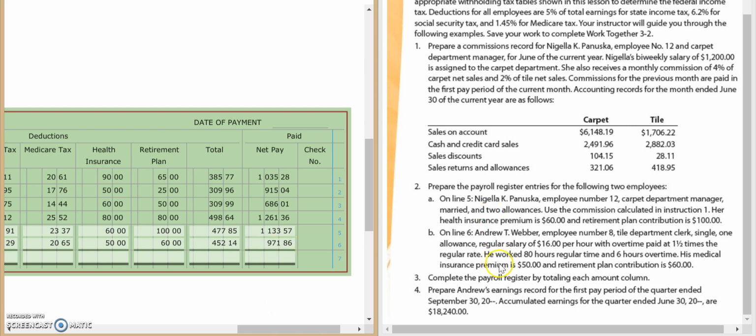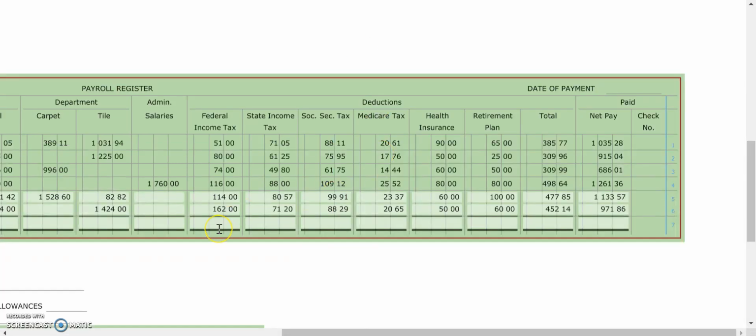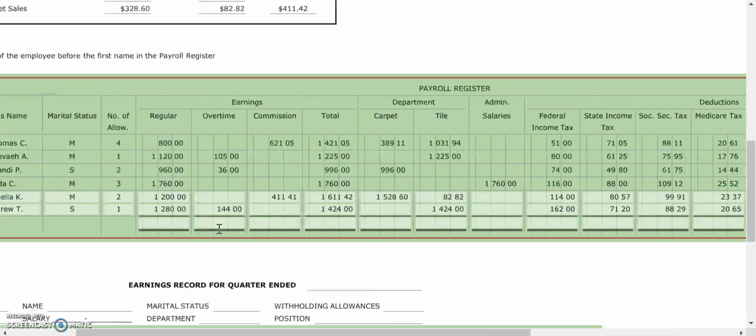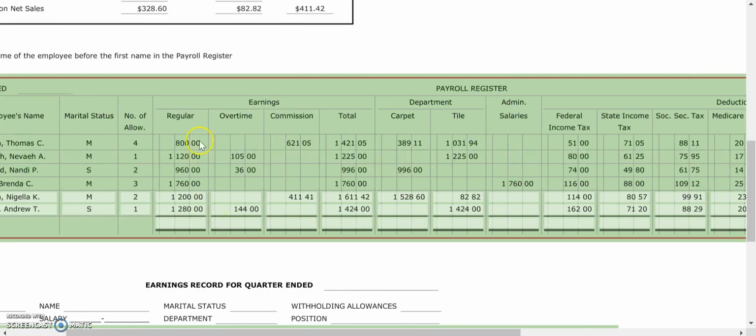Now, the last thing that we need to do, the step 3 over here, says we need to complete our payroll register by totaling each amount column. So I'm going to open this back up again and just show you the payroll register gets quite long. What they're asking us to do is total each column. So as you can see, we want to find out for each column